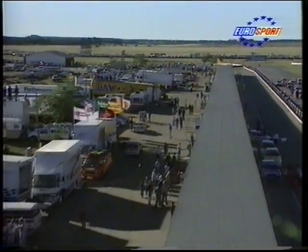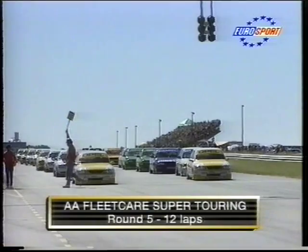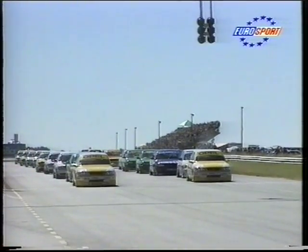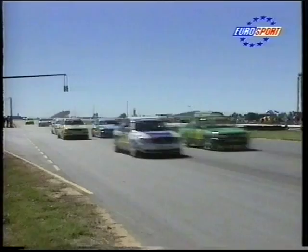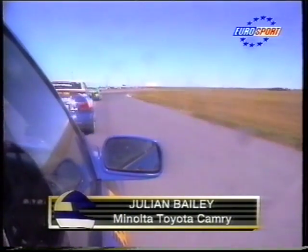Opals, Briggs and McCleary on the front row. All set for round 5 of the AA Food Care Super Touring Championship. The Opal Vectras of Mike Briggs and Grant McCleary are on the front row. And as the lights turn green, it's Sean van der Linde already trying to sneak his way through. It looks as though McCleary might be able to outdrag Briggs into the S's as we go to race cam